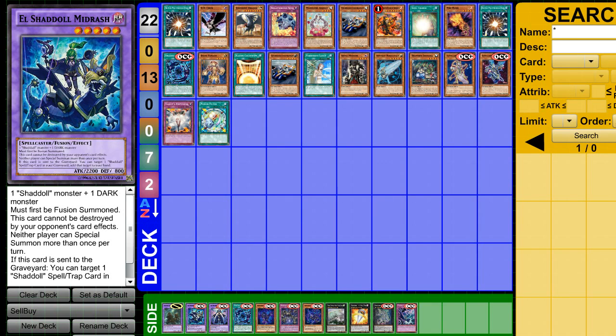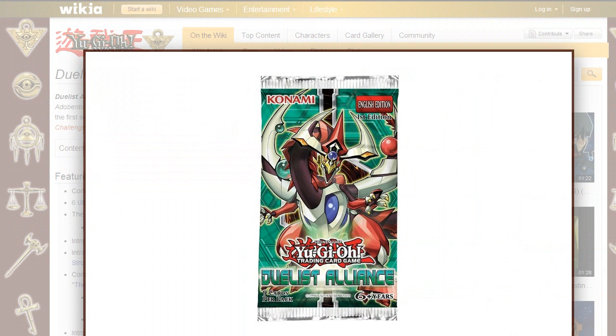Hey, what's up guys? So today we are going to be talking about what cards you should pick up or get rid of before the next ban list, because in about 2 weeks we should be getting that official ban list from Konami, and then 1 month after that we will be getting Duelist Alliance, which is the next set